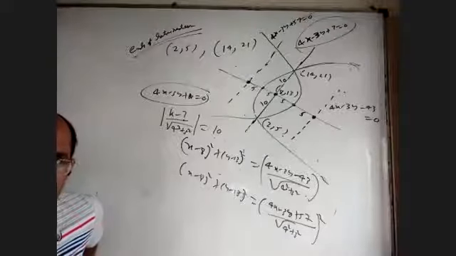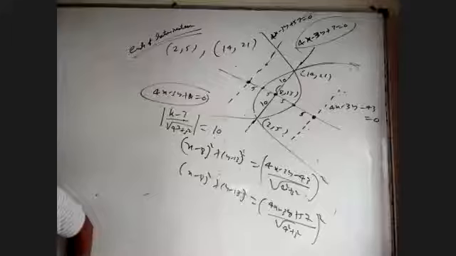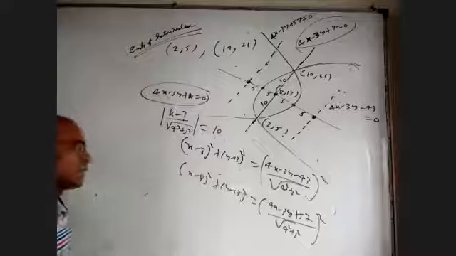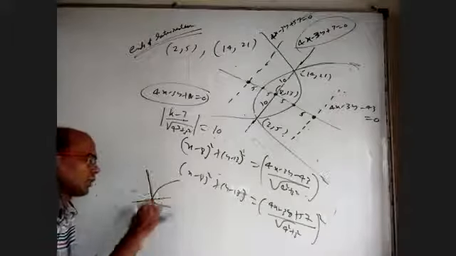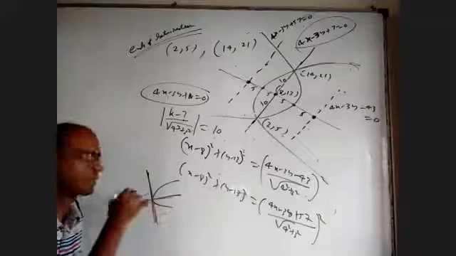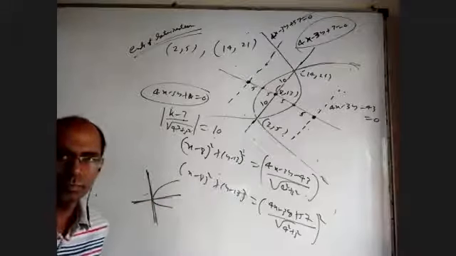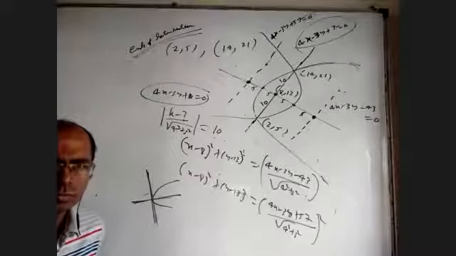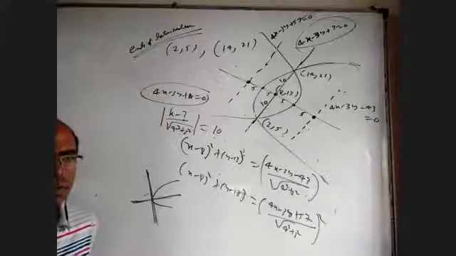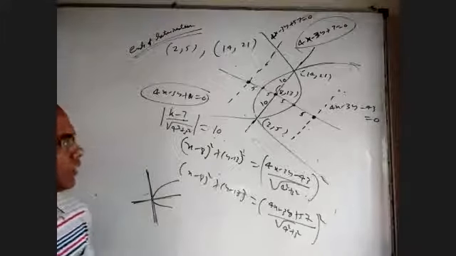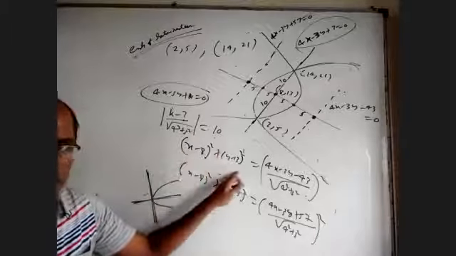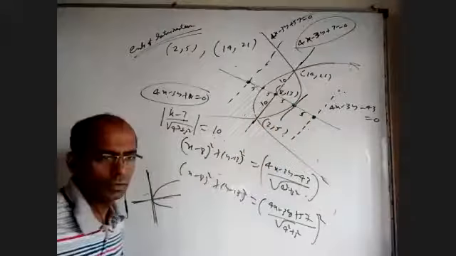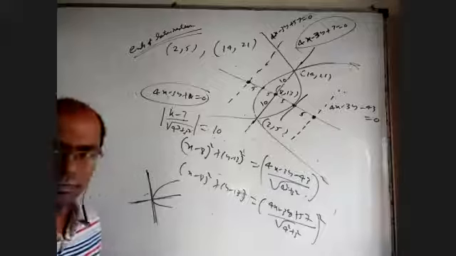Sir, you told us at the time to use the y-axis and x-axis. Yeah, but here it is not so comfortable. That is useful when you know the tangent at vertex. If you know the equation of tangent at vertex and you know the axis and you know the latus rectum, it is useful. Sir, here finding the equation of the axis is as difficult as finding the equation of the other directrix. Correct. But I'm saying whatever we already discussed, that method is easier than really finding the tangent equation and the axis equation and then using that method. Is it okay?